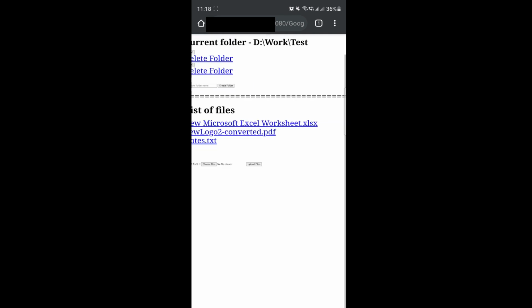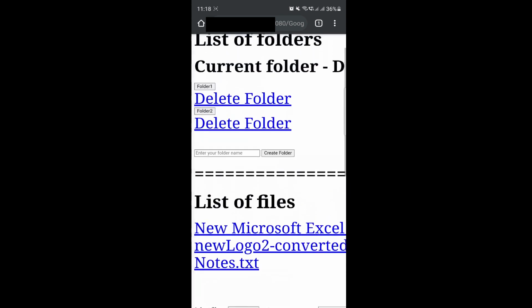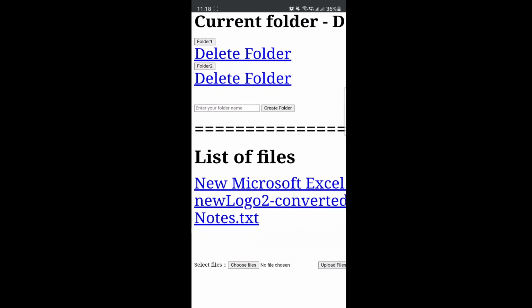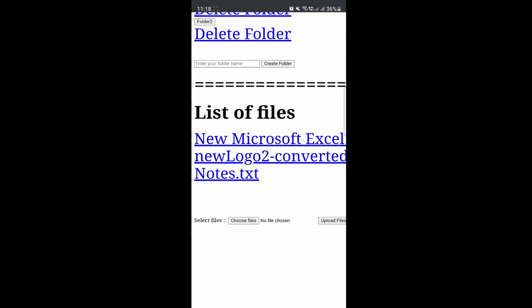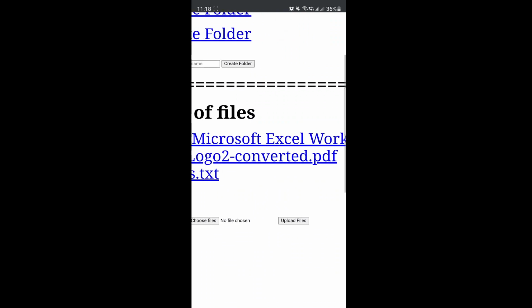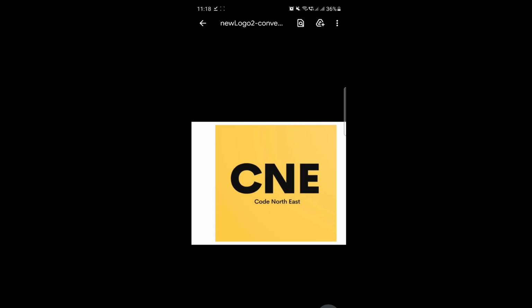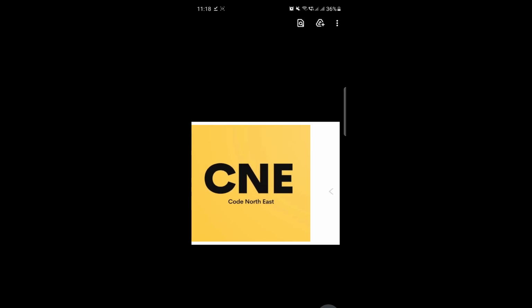In the beginning we said, right, that what we are developing is a local cloud storage, like it will be a clone of Google Drive. So that's why, to prove it, I have accessed it on the phone using the IP of the laptop. So we are able to access our application here. Then we just need to go to start browsing files. Then see, we are able to access the same folder in our server and the files that are present in our server. Okay, let's check by downloading something, this PDF for example. When I click on this, okay, see, we are able to see the PDF, right?